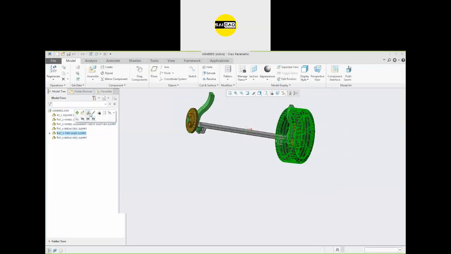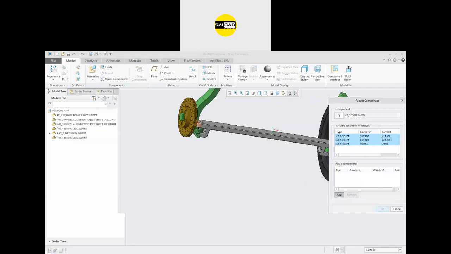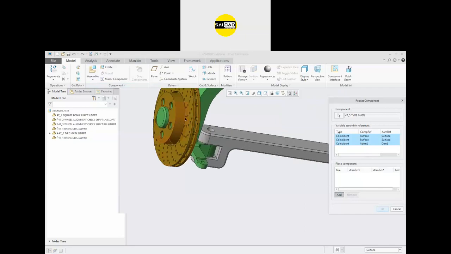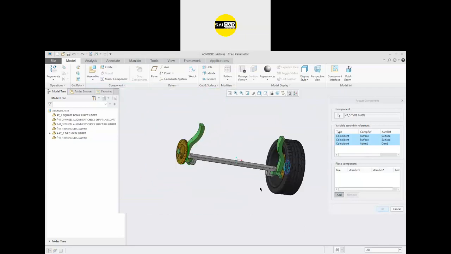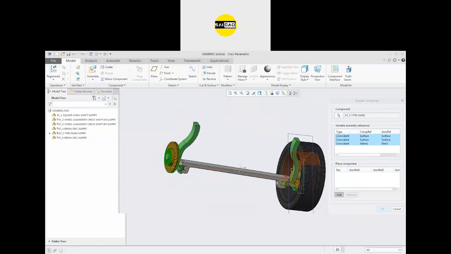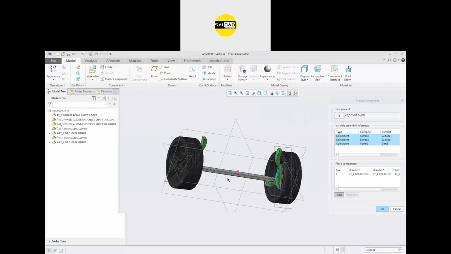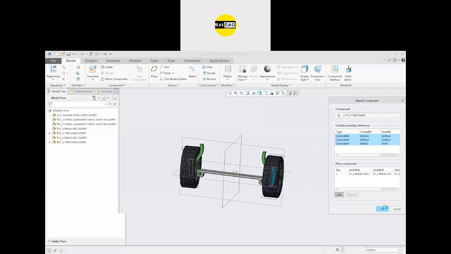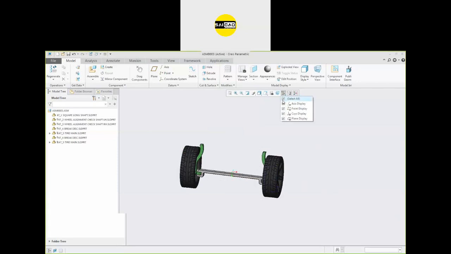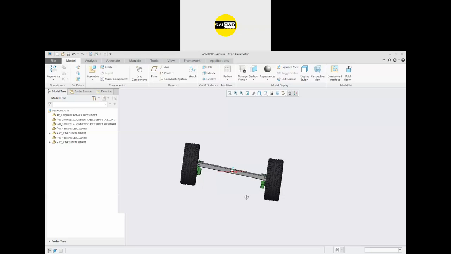Go to the tire, go to the repeat, select all three, go to the add. First of all, select the circular motion. I want it to be circular to this one. Second, select the face. I want to select this one face. Third, you have to select the plane. For that, turn on the plane display, select the plane from there, and this is the object. Click OK. Now we have this complete object.